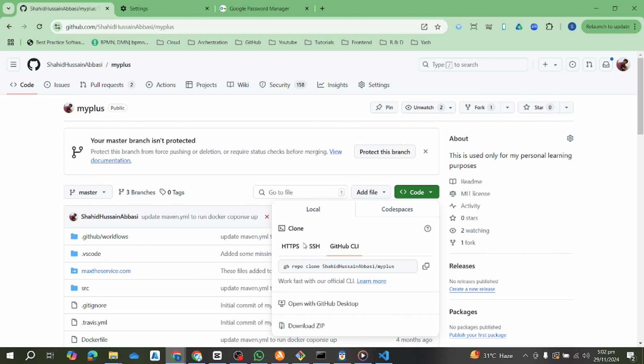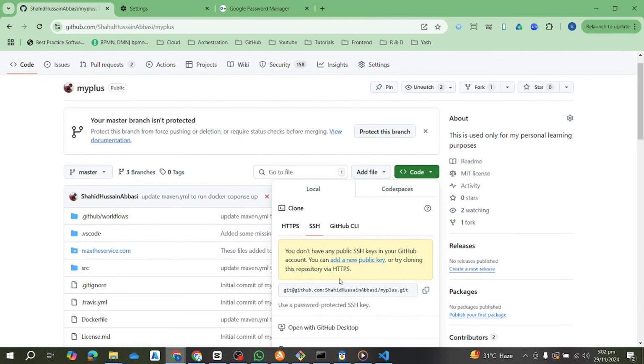And we can also work with GitHub Desktop or download zip, because if you are having a problem with some configuration, you don't have a GitHub key, then you can just simply